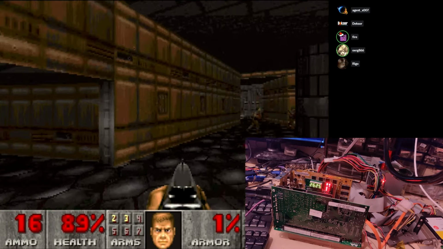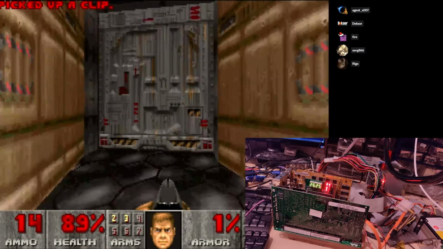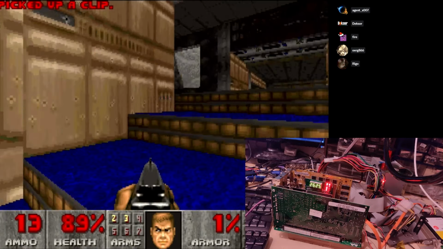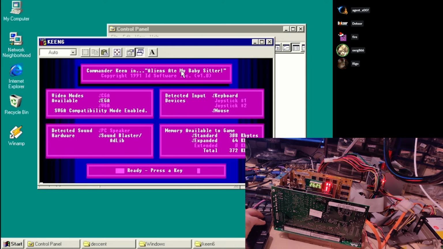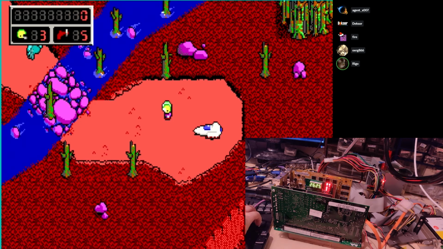I agree completely with that assessment, but one quirk of this card absolutely has to be mentioned before we move on. This card does not have OPL emulation. It has OPL3 approximation, much like the Trident 4D wave we showed last time. It tries to approximate OPL sounds by mapping them to wavetable instruments, which is